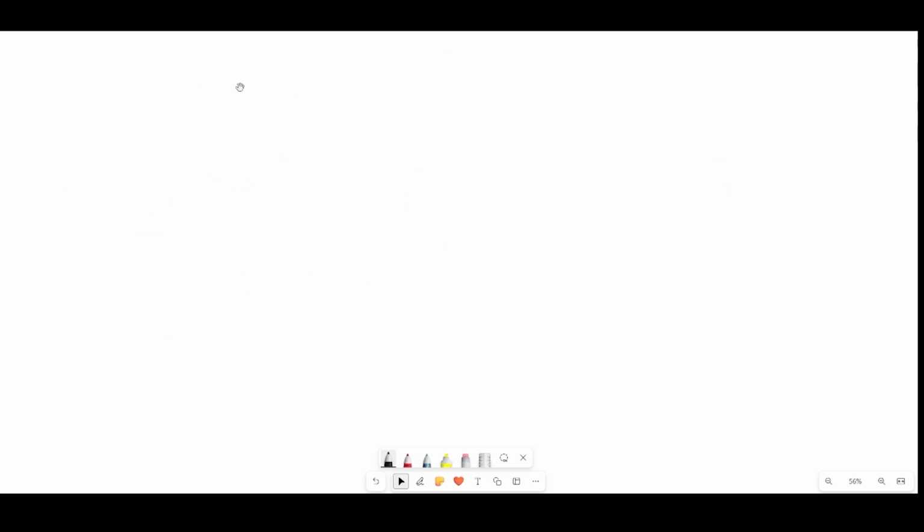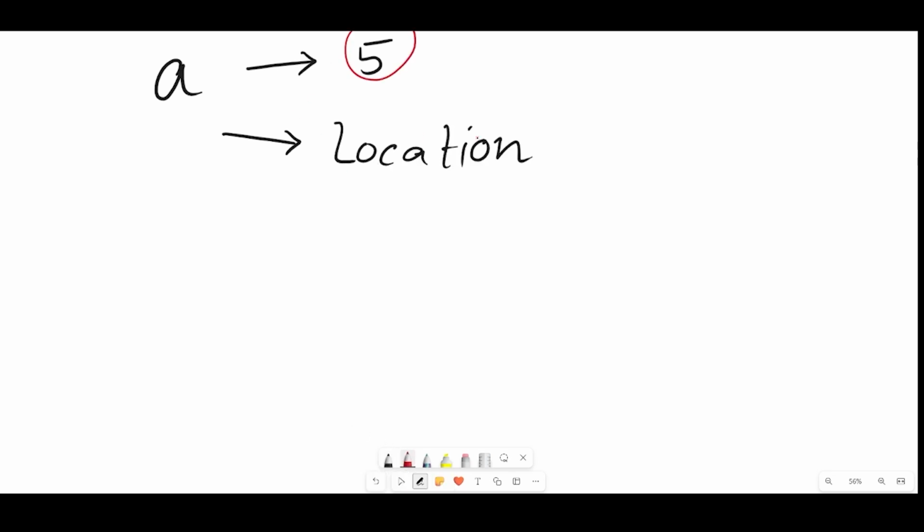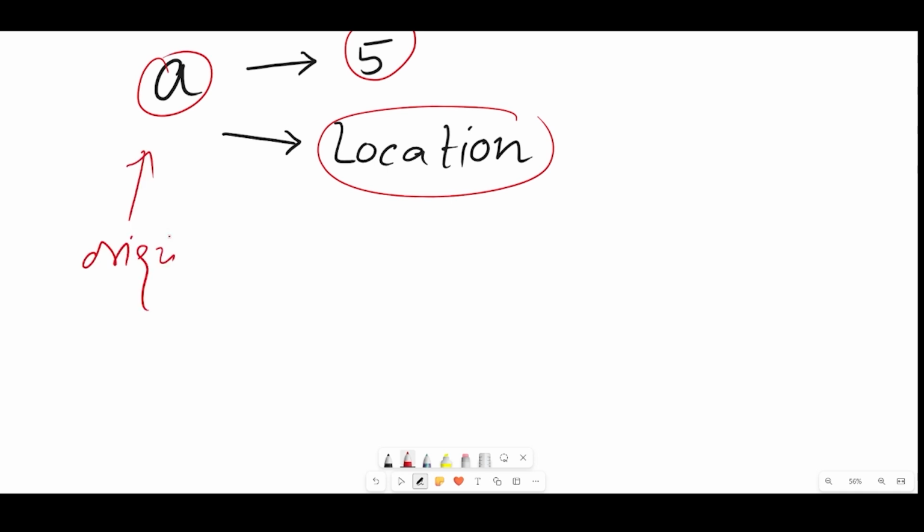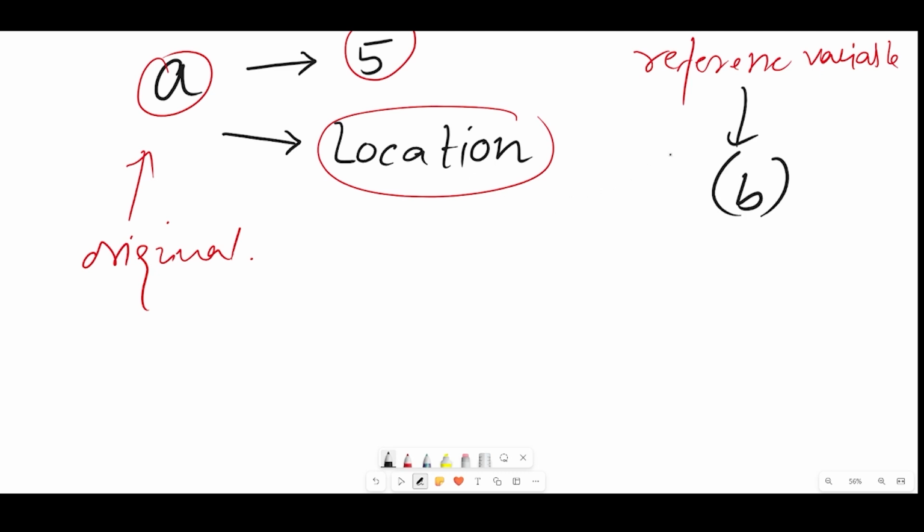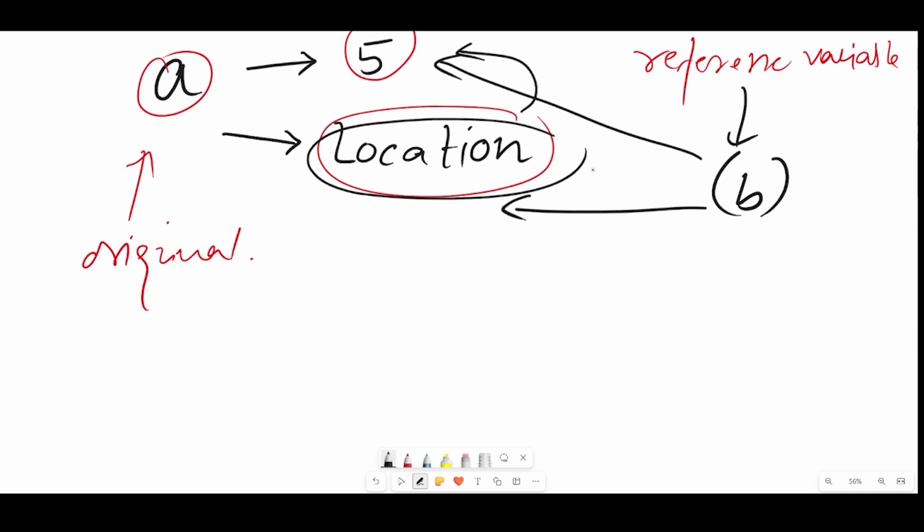Now think of something like, for example, if you have a variable a, suppose. This variable will have a content, let's say it has 5 inside it, and this variable will have a memory location. To access this 5 or this location, I need the variable. Fine. This is the original variable. So I'll write original variable over here. Now what I can do is make a reference variable for it, which will be b over here. And with this b, I can access both of them. Firstly, I will access the location, then only I will get the value.